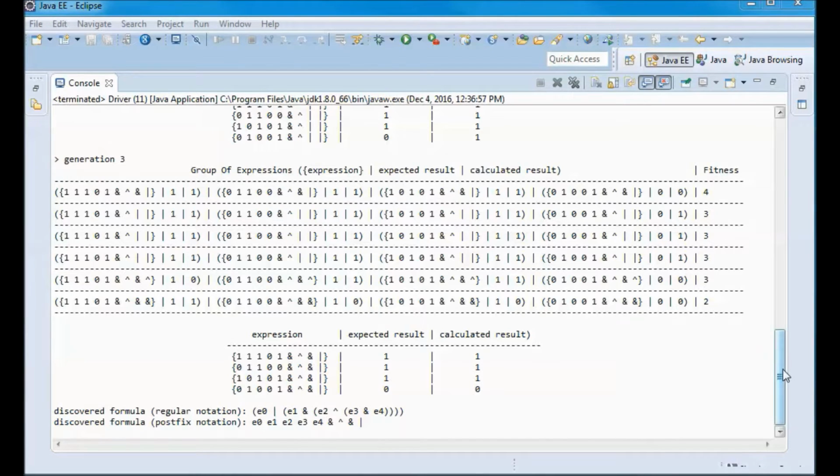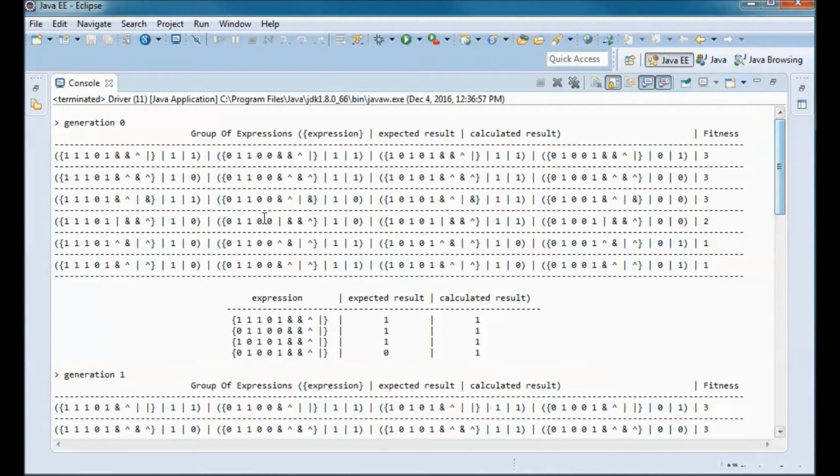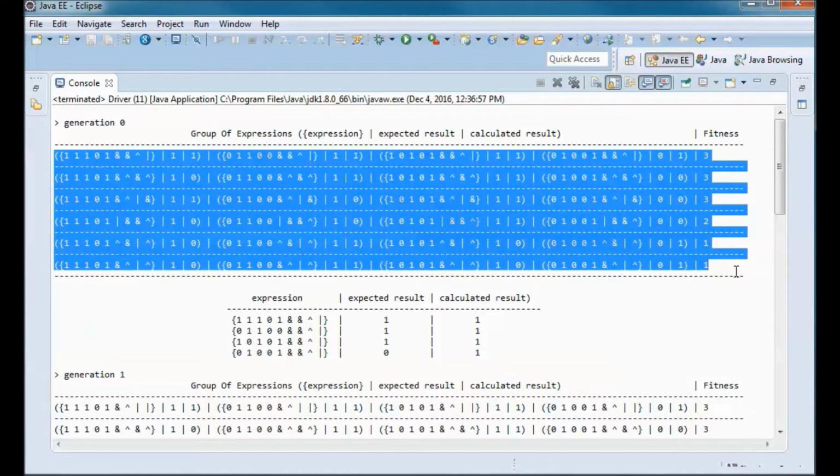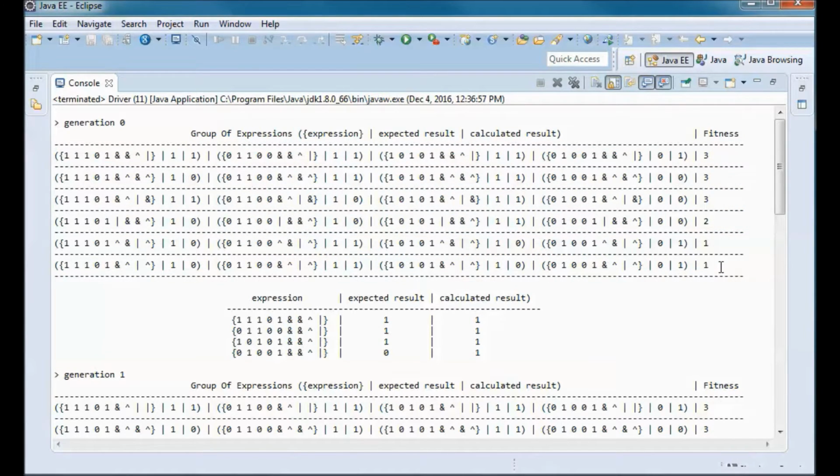So going back to generation 0, we have in each generation a population of 6 groups of expressions. In each group we have 4 different expressions.